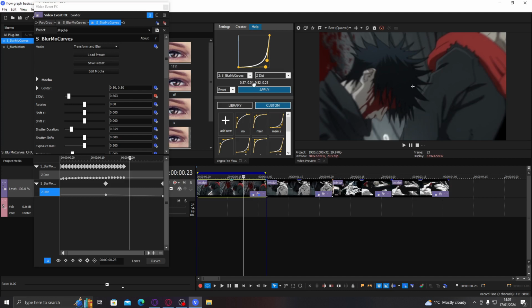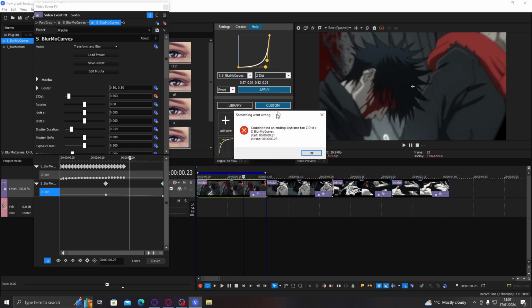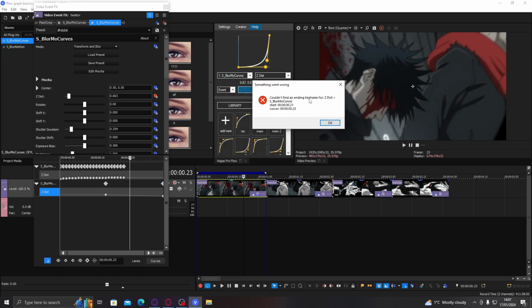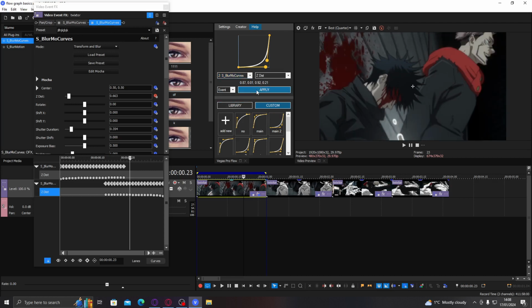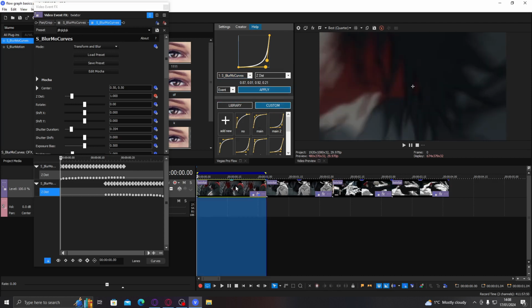But anyway, you reselect it, go here, because if you don't go here and you press apply, it will give you this error, couldn't find an ending keyframe. Because it thinks we're selecting this one that doesn't have an ending keyframe over here, so we have to go to blur curves and select the second blur curves like it is up here. This is the second one. And then we press apply, and there we go. We have our